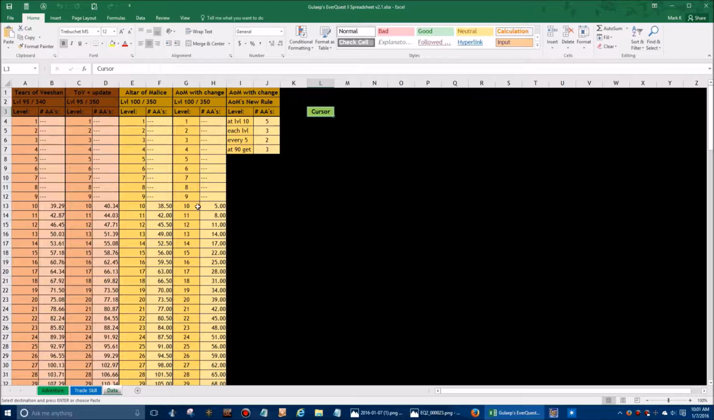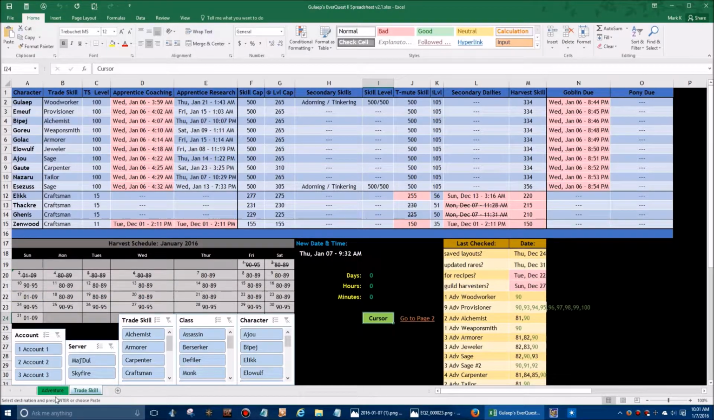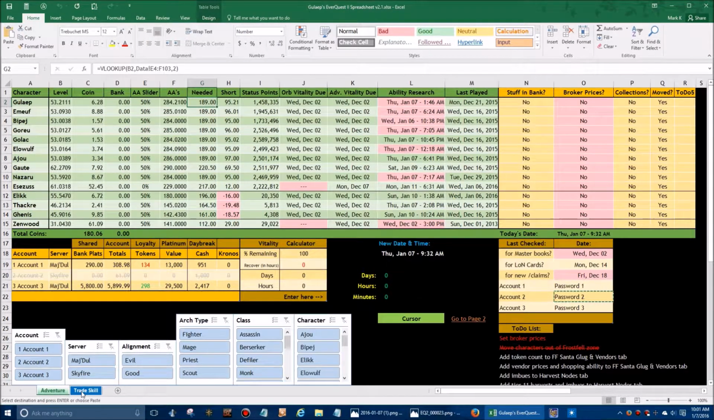Once you fill it out to however many AAs you want per level, you can go ahead and hide that. Now you don't have to worry about messing it up. It's not in your way. Okay,